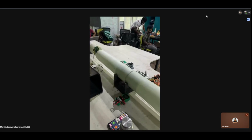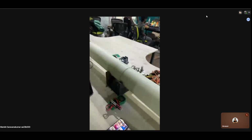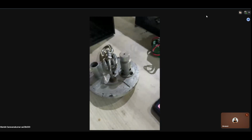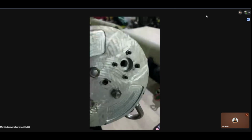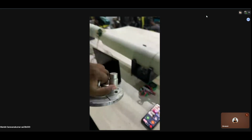And I'll move on to the recovery part of the rocket. So we will be using a canister-based system. So it's the same system that we used last year. So this is our canister system. So we'll be attaching a canister in this threaded hole, and we'll be having a